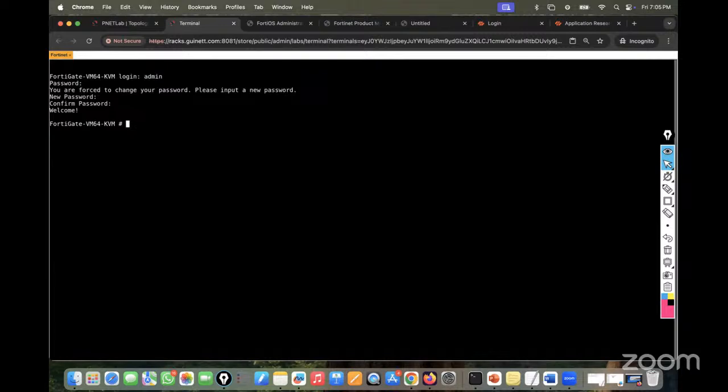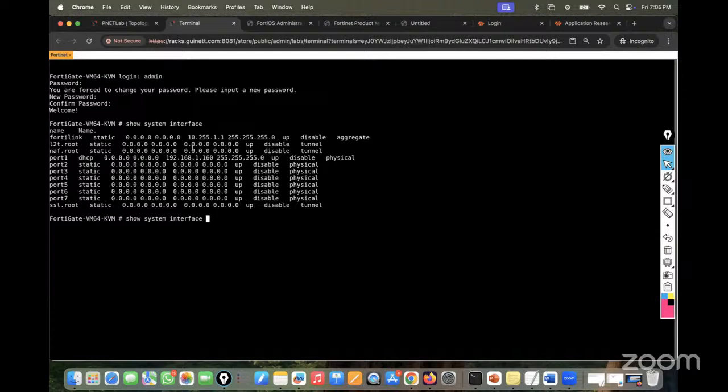So this is the brand new FortiGate firewall. There is no configuration at all. So I will just run the command, system interface. And you can see I have this interface that is port 1, which we discussed yesterday. If I have to do the management stuff in the FortiGate firewall, we are always going to use port 1. And this time it is getting the IP address